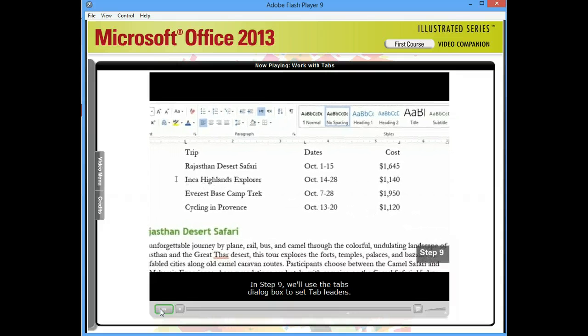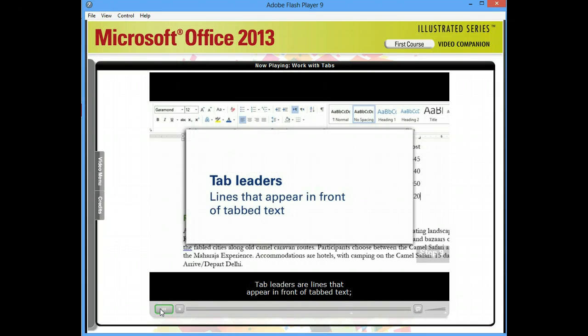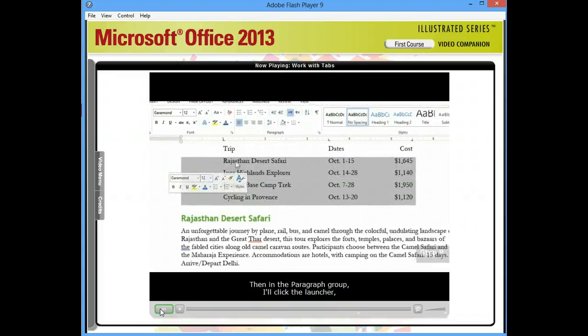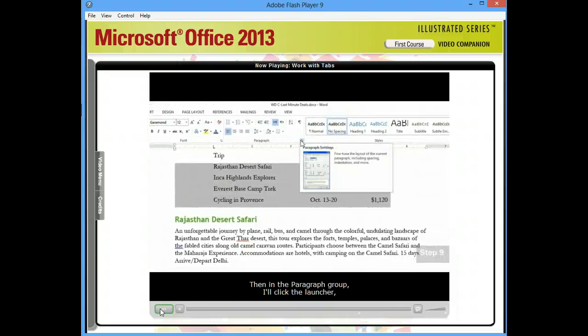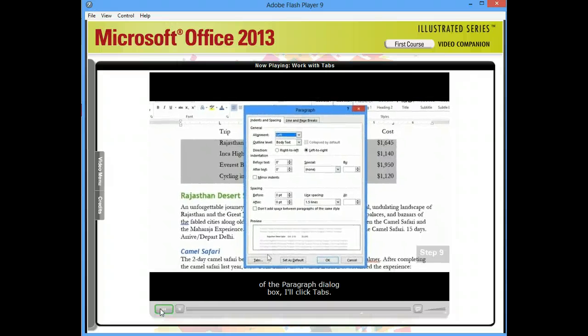In step 9, we'll use the Tabs dialog box to set tab leaders. Tab leaders are lines that appear in front of tabbed text, and they're used to help guide the reader's eye. So I'll select just the last 4 lines of tabbed text. Then in the paragraph group, I'll click the launcher,